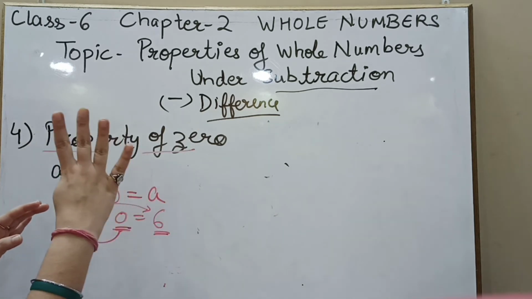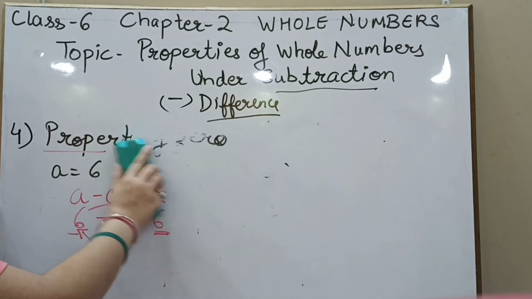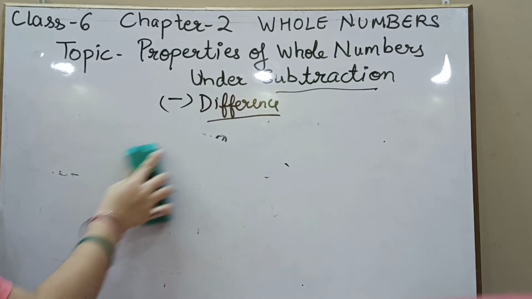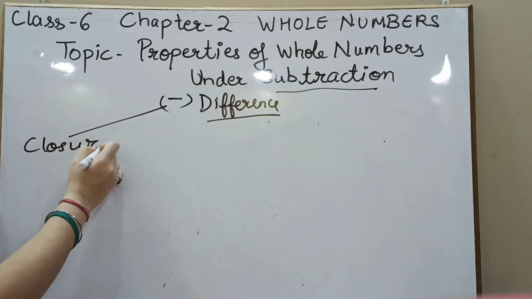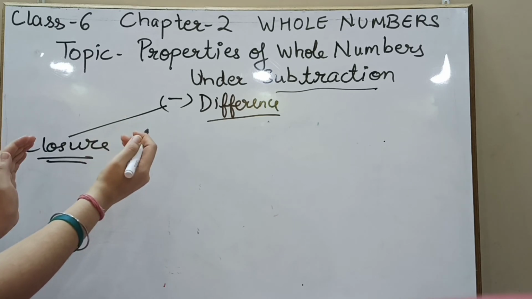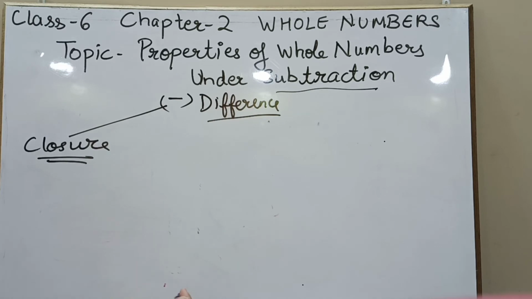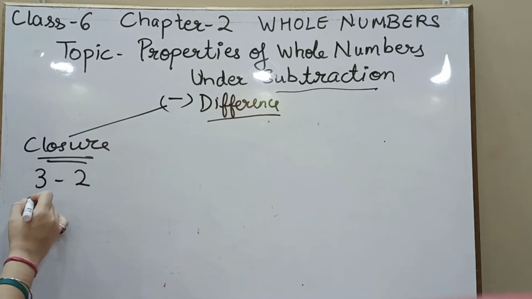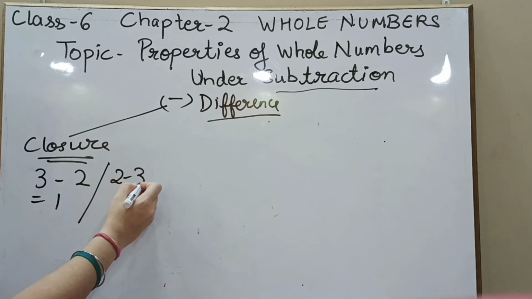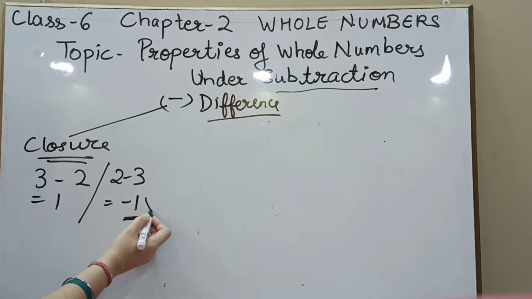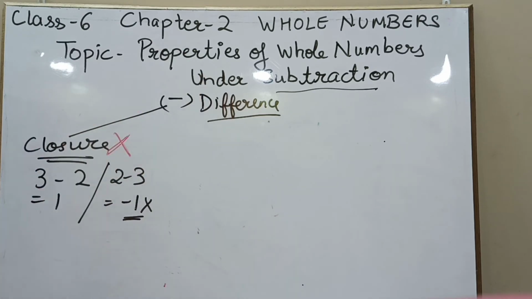We have done 4 major properties under subtraction. Let us quickly revise these properties. The first property was closure property. Closure property says that the operation is bounded. मतलब अगर मैंने 2 whole numbers का subtract किया तो आंसर भी हमेशा whole number आएगा. अगर मैंने 3 minus 2 किया, मेरा आंसर आएगा 1. यहाँ पे ट्रू है, बट अगर मैं इसको 2 माइनस 3 कर देती तो मेरा आंसर आता -1. यहाँ पे ये प्रॉपर्टी ट्रू नहीं है. सो क्लोजर प्रॉपर्टी डज नॉट होल्ड ट्रू अंडर subtraction.